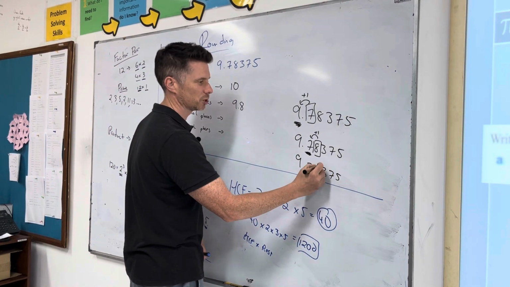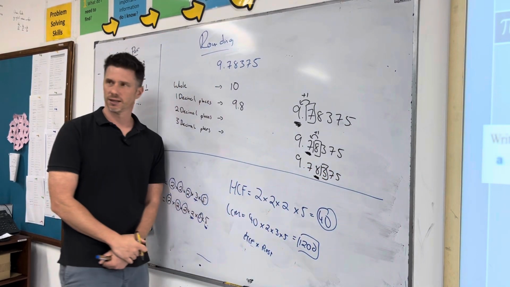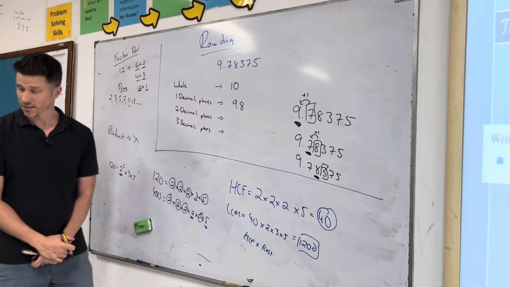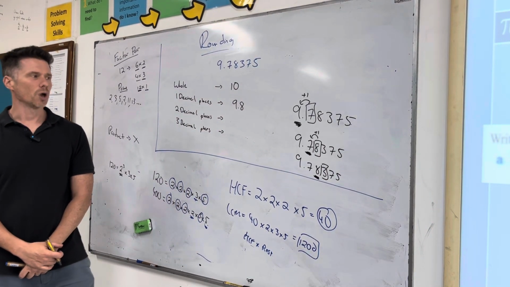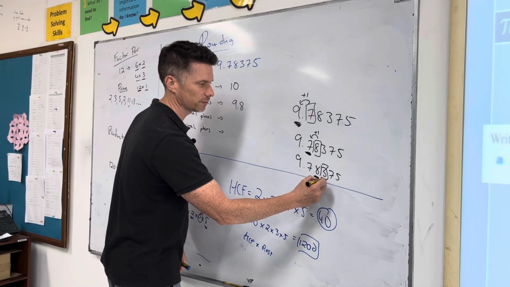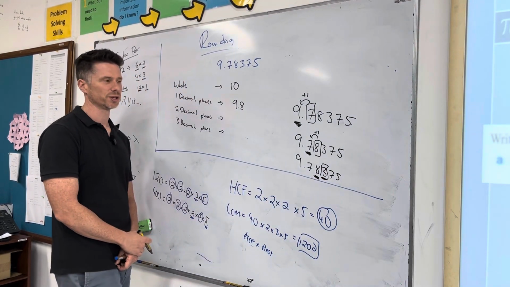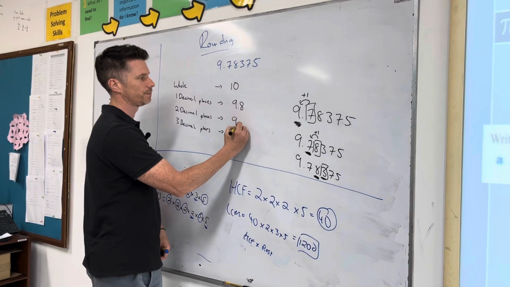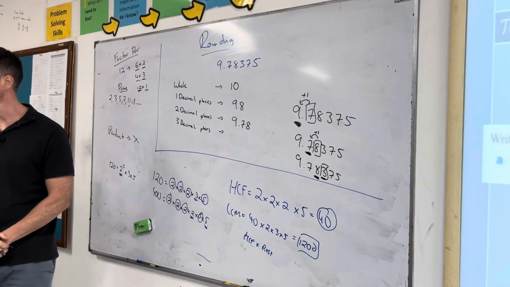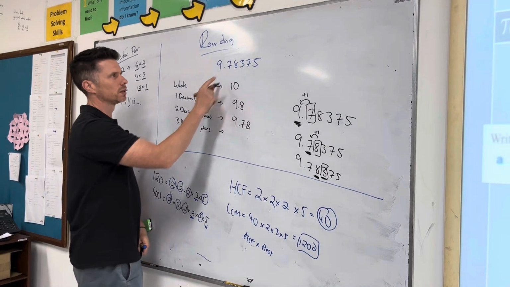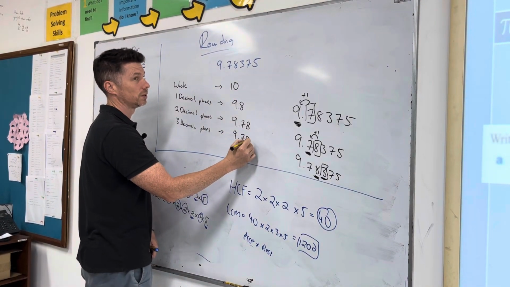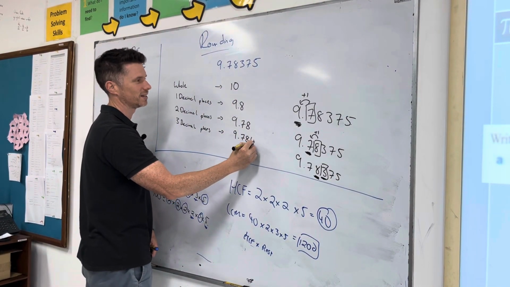I need this one, so I look at the one after it. But it's less than 5, so you don't. So what, do I subtract? No, you don't do anything. No, I just keep it the very same. So if it's less than 5, so 4, 3, 2, 1, or 0, I just keep it the same. The next one we can probably do in our head. What's it to 3 decimal places? 9.78. 3 or 4? Yes, because the